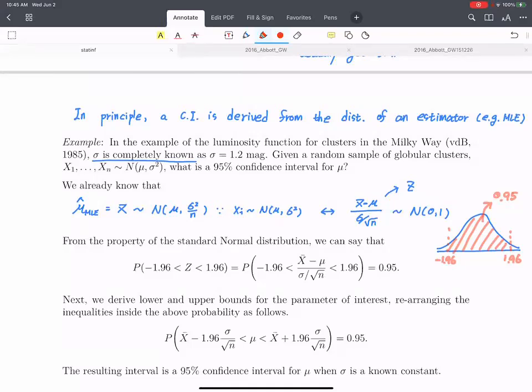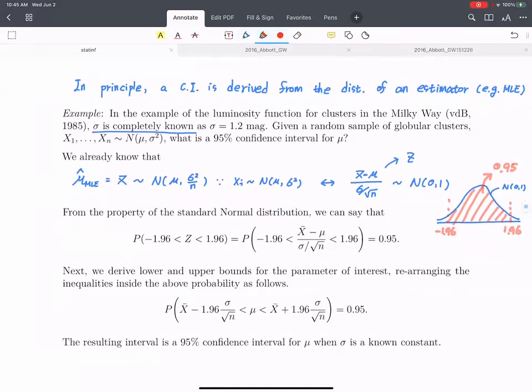That is a probability defined by the continuous random variable. Probability in a continuous case is defined as the area under the PDF over the range of interest. In this case, the range is between negative 1.96 and 1.96 to make the central area equal to 0.95. That is the interpretation of this equation: the probability that a standard normal random variable lies between negative 1.96 and 1.96 is 0.95. The meaning is that the area under the PDF on the range between negative 1.96 and 1.96 is 0.95.